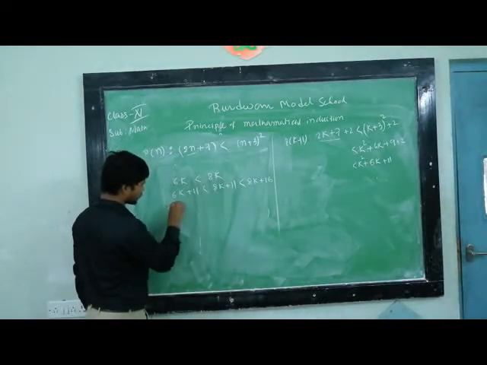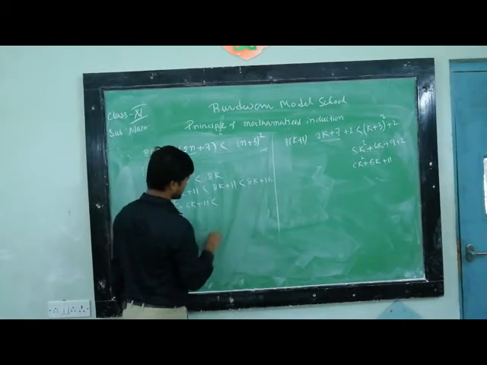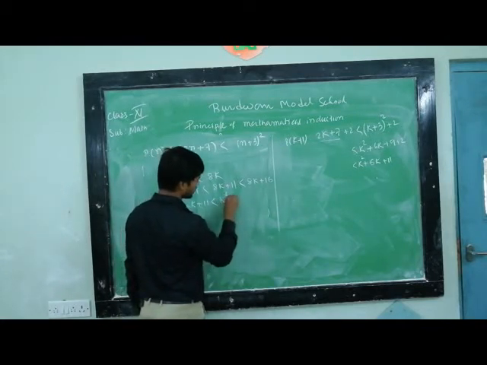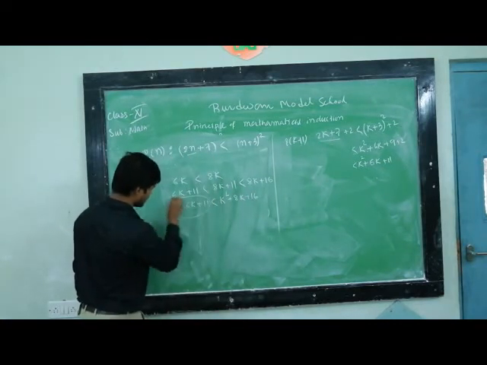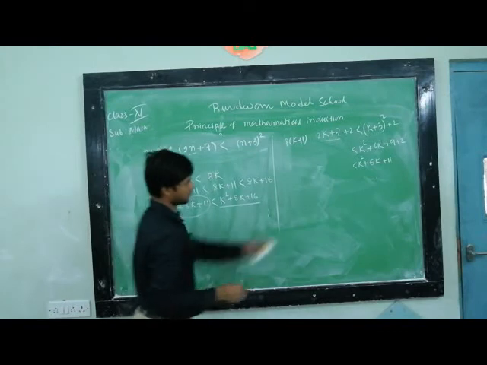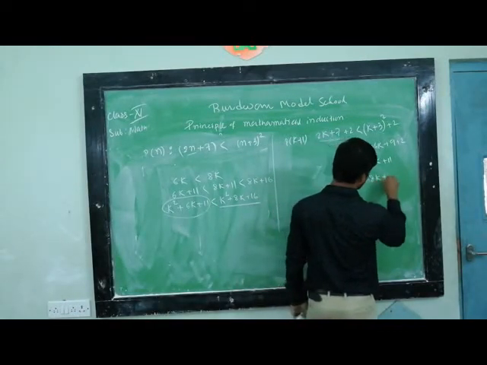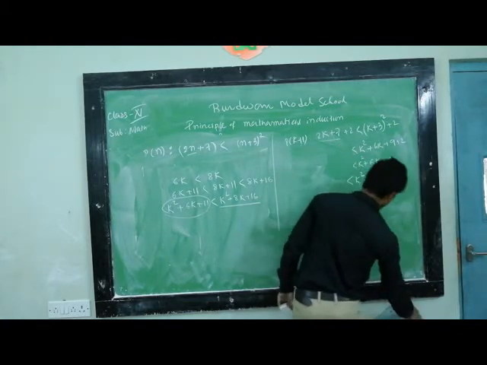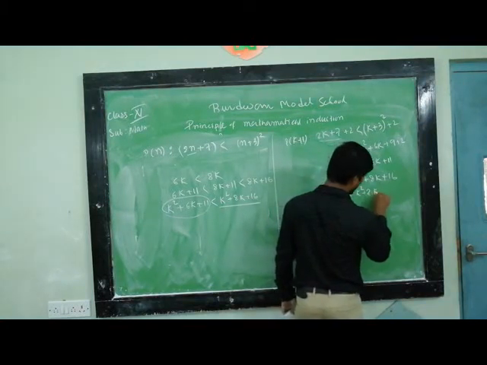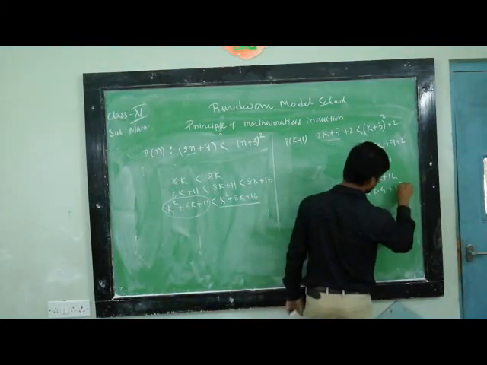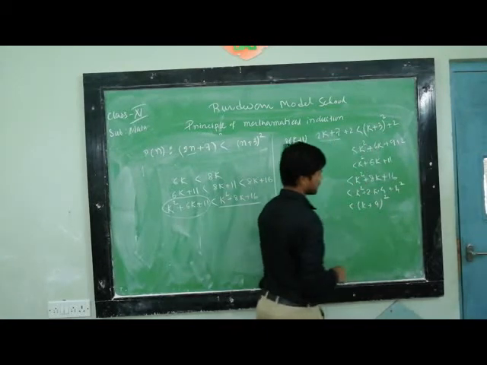Now if I add k square both sides, this expression k square plus 6k plus 11 will be less than k square plus 8k plus 16. So this expression is less than this expression. Now that is k square plus 2 into k into 4 plus 16, means 4 square, which is equal to k plus 4 whole square.